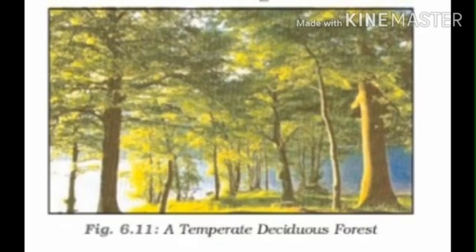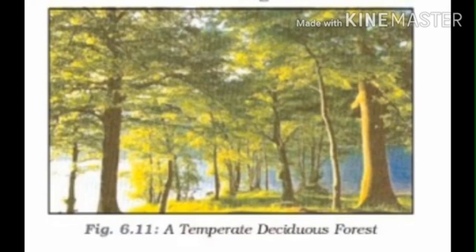Temperate evergreen forest. This type of forest can have both hardwood and softwood trees. Then timber is the main tree found in this type of forest. Then it is extremely valuable. Then this type of forest is very thick. What are the vegetations present there? Oak, pine, then eucalyptus, walnut, camphor. These are the main trees. Then animals: sheep, cattle, pig.